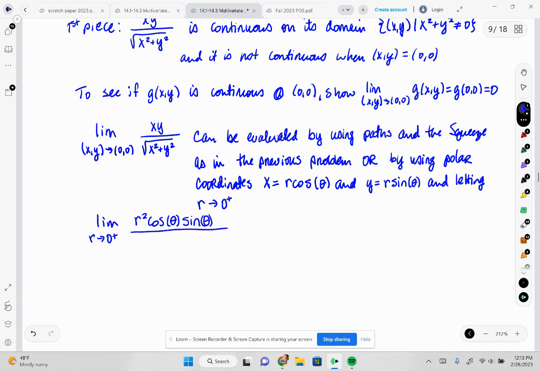And in the denominator, well, we have an identity that x squared plus y squared is equal to r squared. So in the denominator, I have the square root of r squared. So the r squared in the numerator is going to simplify with the square root of r squared in the denominator to leave me 1 r in the numerator. So this is the limit as r goes to 0 from the right of r cosine of theta, sine